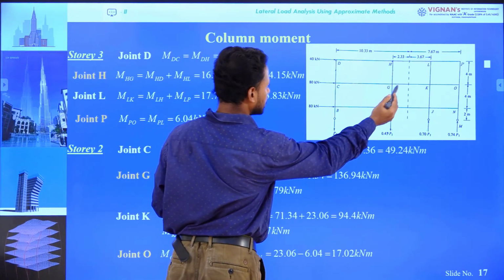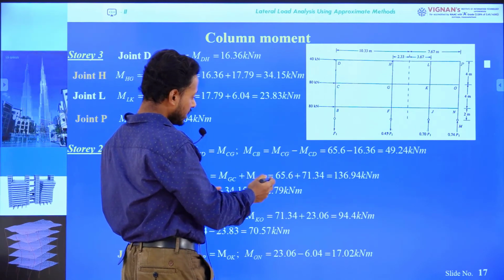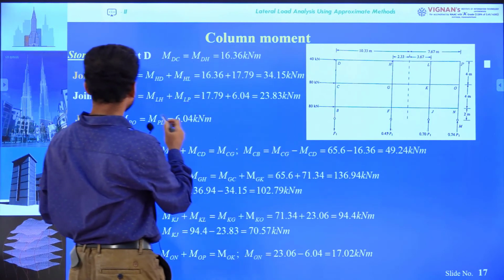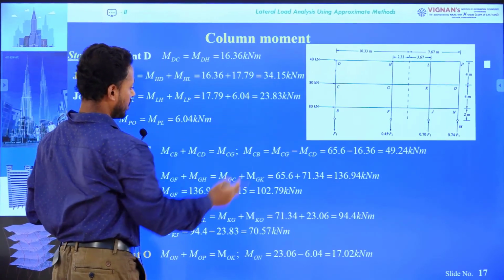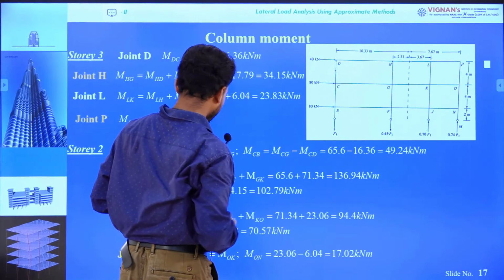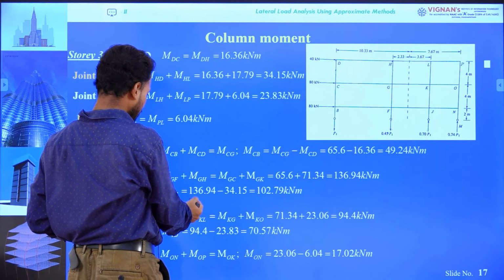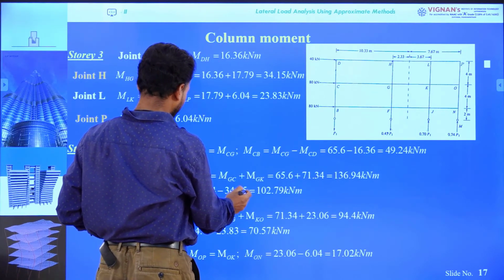GK, in the previous slide we calculated the beam moment, put it here. And GH we calculated here, 34.15, so put it also here. So you will get GF equals 136.94 minus 34.15 equals